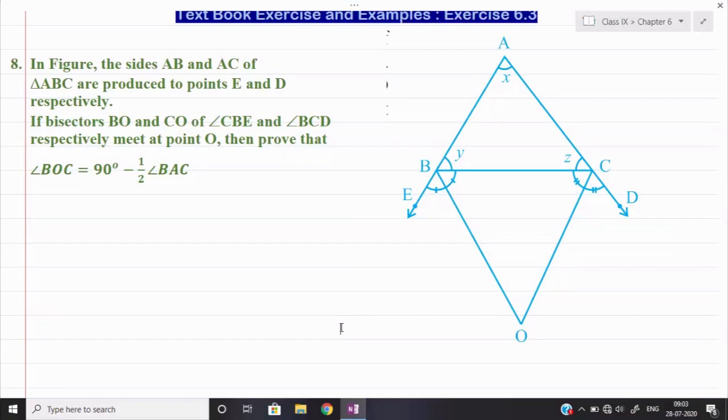Proof of theorems we shall start. There are 2 to 3 theorems whose proofs we have to start over here. Remember one thing, in chapter number 6 there is no deletion from CBSE, so you have to cover the full chapter. However, if required I will take the whole chapter initially, and when we do the revision, at that time I will take only the deleted topics. That we shall plan a little later according to the availability of time. Okay, so next time we shall finish all these things.